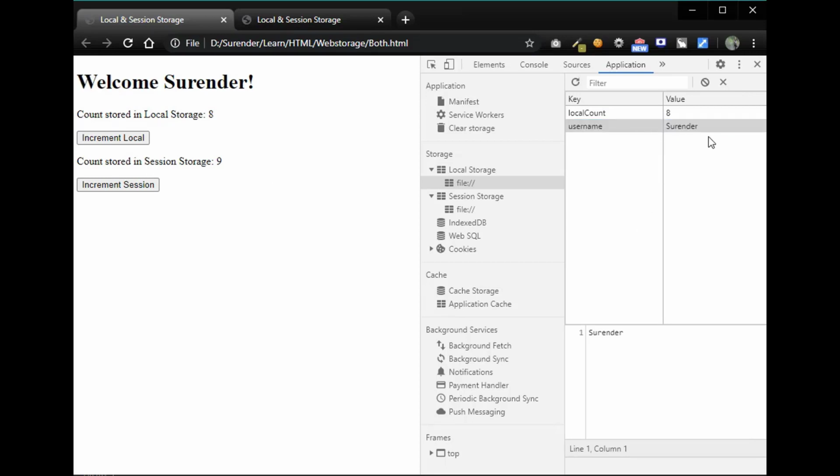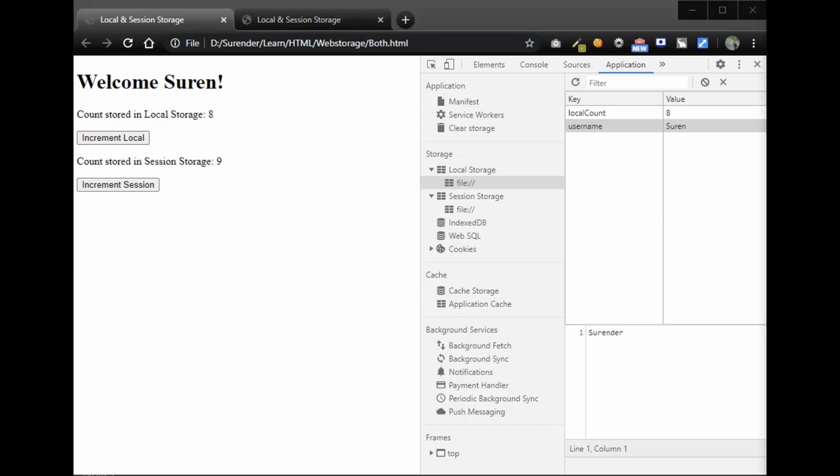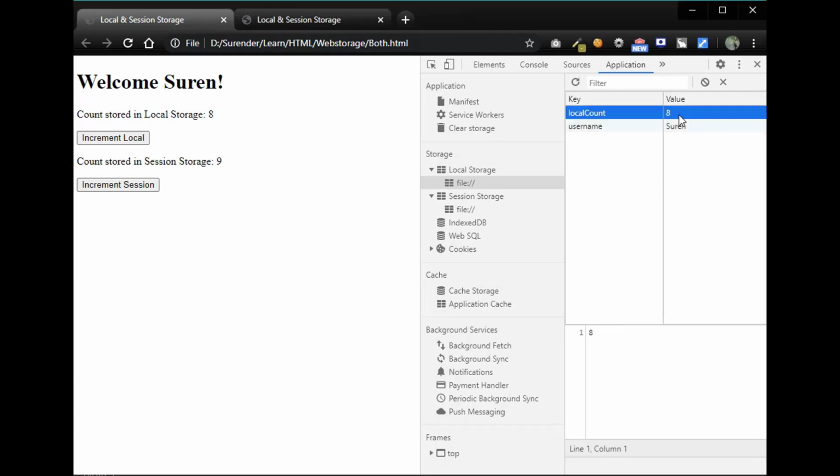Example, in this application, I can edit developer console to change the name. You can see it is reflected if I refresh the page. This is okay, just a name. But if you have a logic to disable the button on reaching count equal to 10 to prevent allowing users to download something only 10 times a day, and if you keep the count in local storage, users can easily edit it back to 0 and enable the button again. I believe you understood the concept.